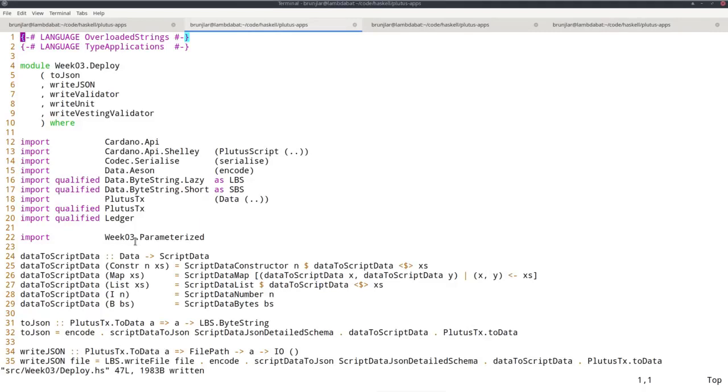Now, in order to get started with Plutus, using Plutus in the Cardano CLI, we have to do some work first. We have to serialize and write to disk various Plutus types. So I created the module deploy where I'm doing this. So one of the issues is that in order to do this, we use the Cardano API, which is the Haskell library that the Cardano CLI uses under the hood. So the Cardano API contains all the functionality that we need to talk to the node, submit transactions, query the